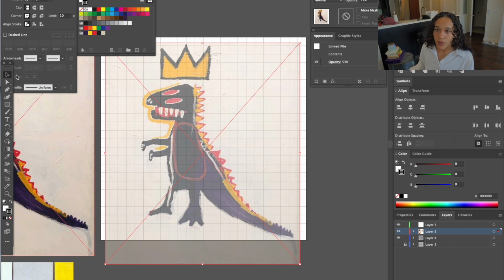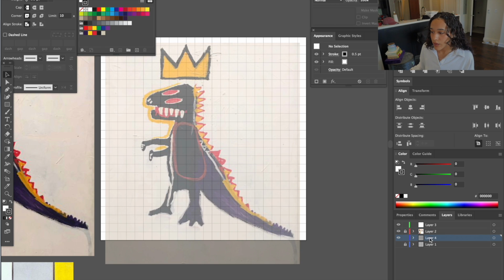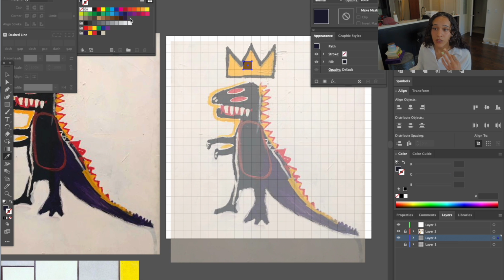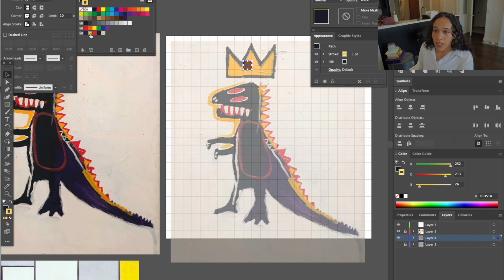So if you see this little square, this little square is basically yellow, so I'll take that. I have my color palette up here. I took my swatches and made each color. As the color comes up, you can make a file for whatever project you're doing. For this file, it's Pixel Basquiat. I have the little purples for the dinosaur, I have the yellow for the crown and the spine and everything. So it's already there. I've got my pixel selected, and then I can just fill it